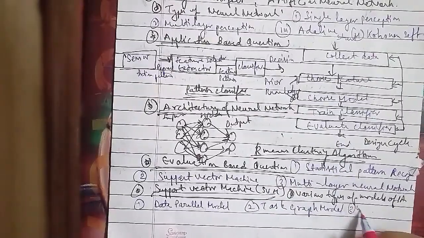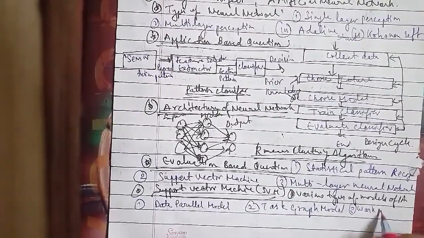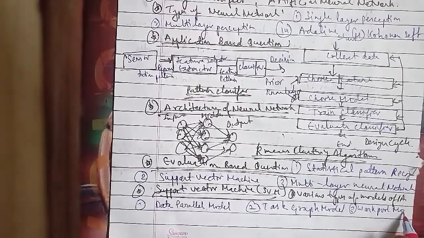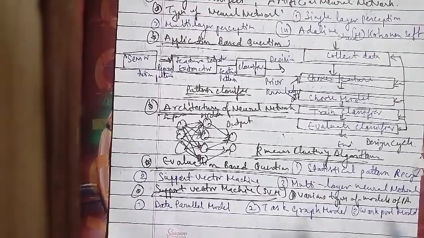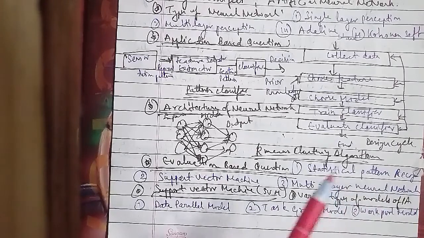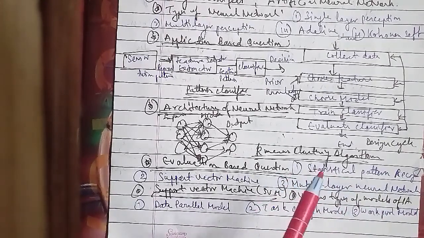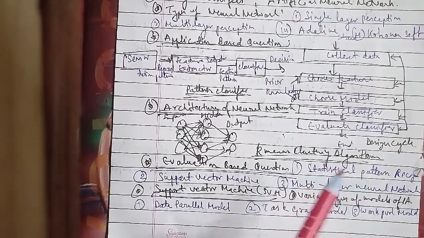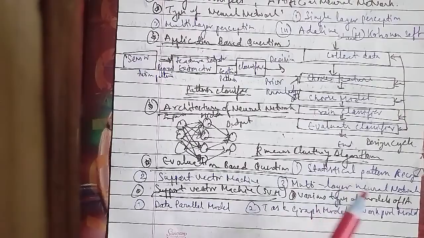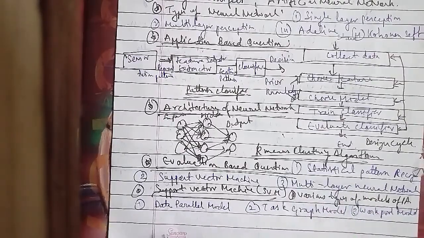The pipeline model is also known as the producer-consumer model, and here a set of data is passed through a series of processes, each of which performs some task on it, for example, the parallel LU factorization algorithm as well. Now we'll talk about another one, that is the fifth one,